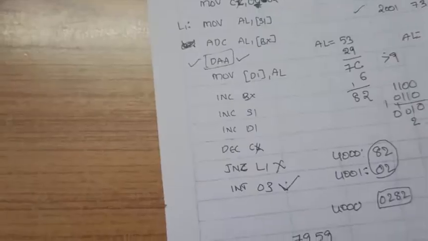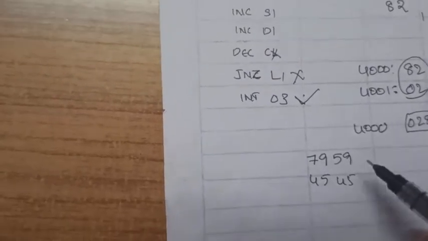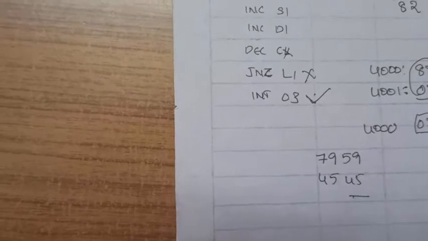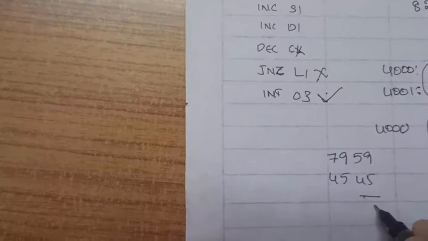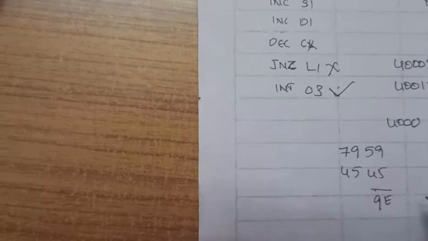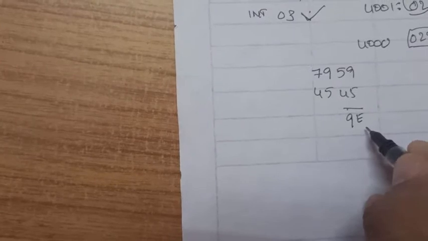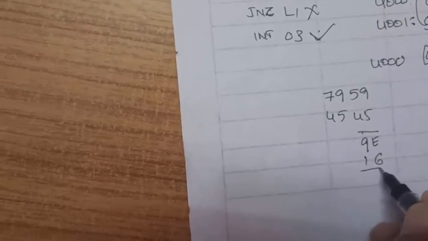Let us see that. Now let us add these two numbers here. First the lower order data will be added. 9 plus 5 is 14, nothing but E. And 5 plus 4 is 9. Now what happens after the addition: since this lower nibble is exceeding BCD range, it adds 6 to it. E is nothing but 1110, plus 0110. It gives us a carry of 1, and 4.